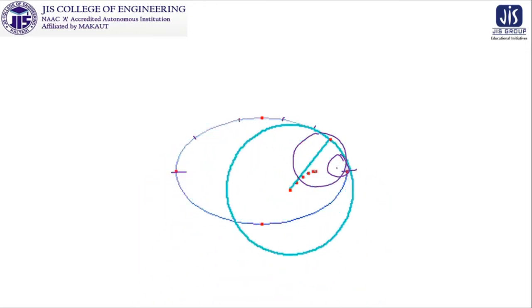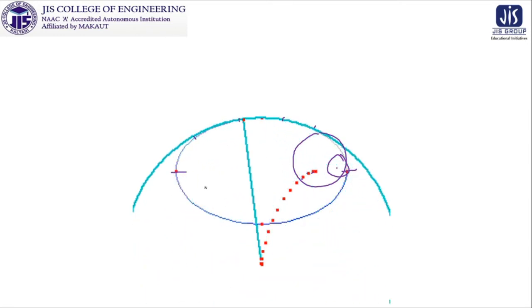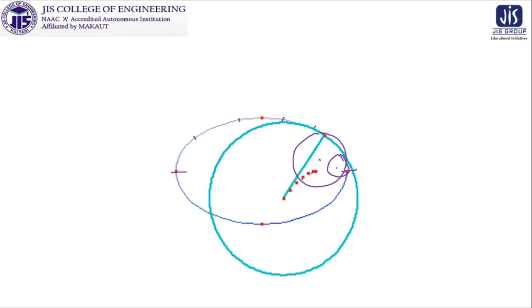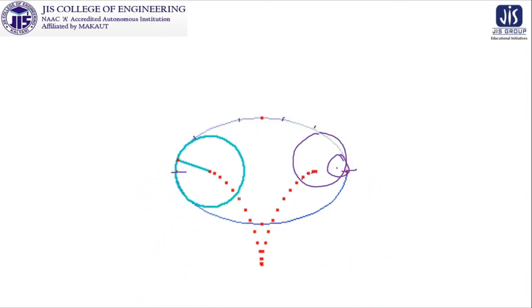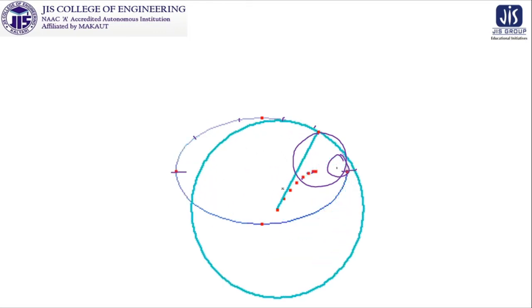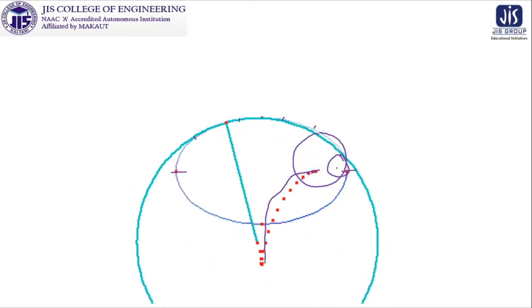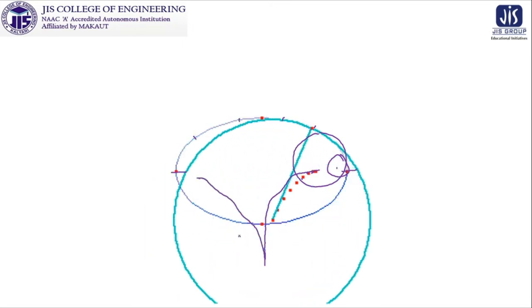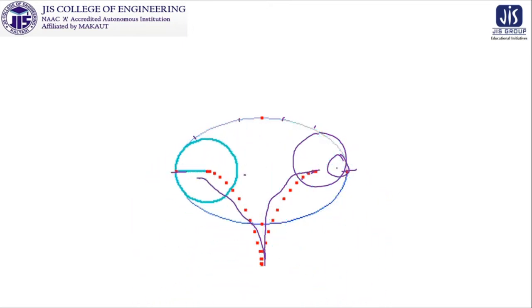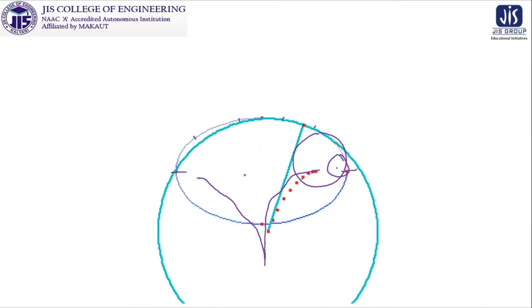These red dots are nothing but the locus of the center of this moving circle. This stick is one endpoint at the circle and the other endpoint is the center of that circle. Look at how this is moving, and then it goes up to this. This structure is generated by the center of the moving circle.